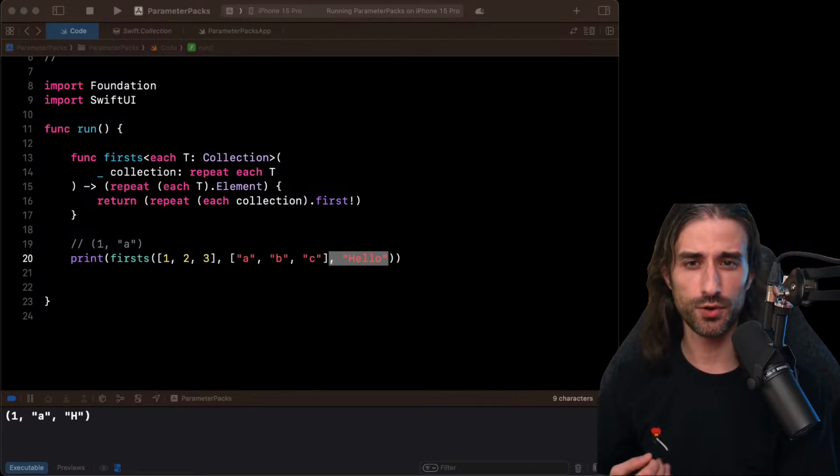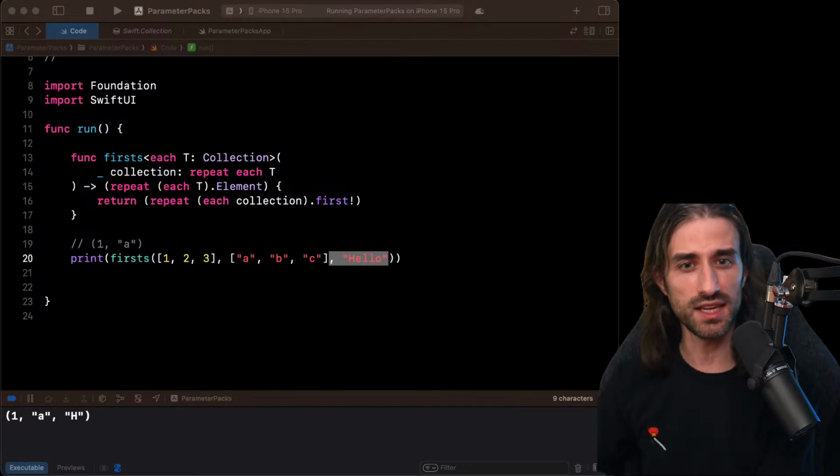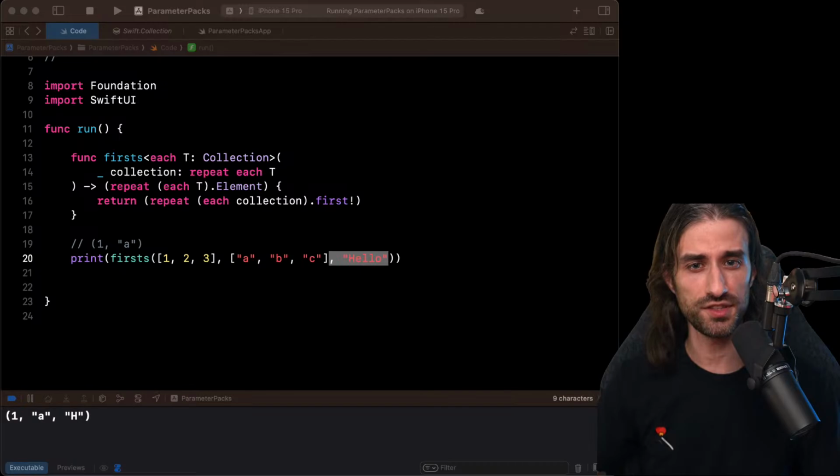However, the point I really want to get across is the fact that the added value of parameter packs is that they preserve type safety. As you said, you could achieve the same thing using map and using Any, but then you would lose type safety. So it's a very interesting remark because drawing this parallel is super interesting and super insightful, but parameter packs still have an added value. But there might be cases where the added value is not something that you need.